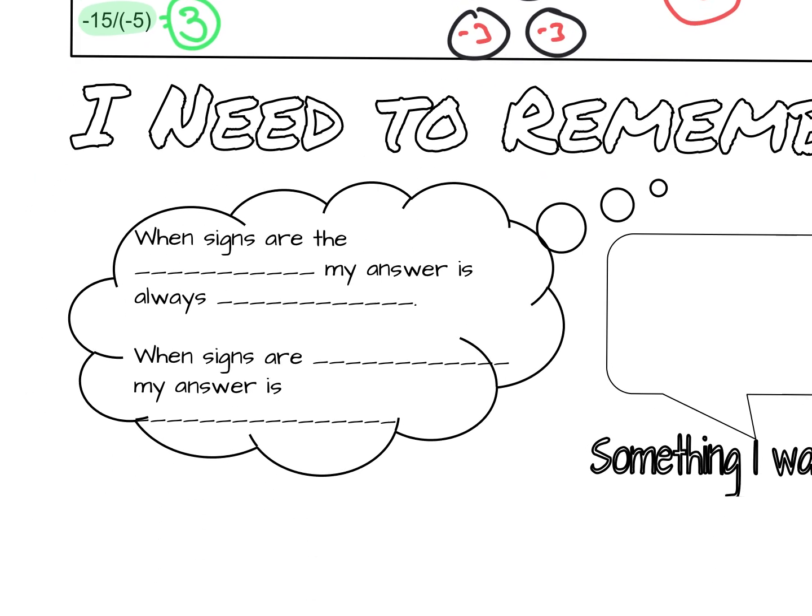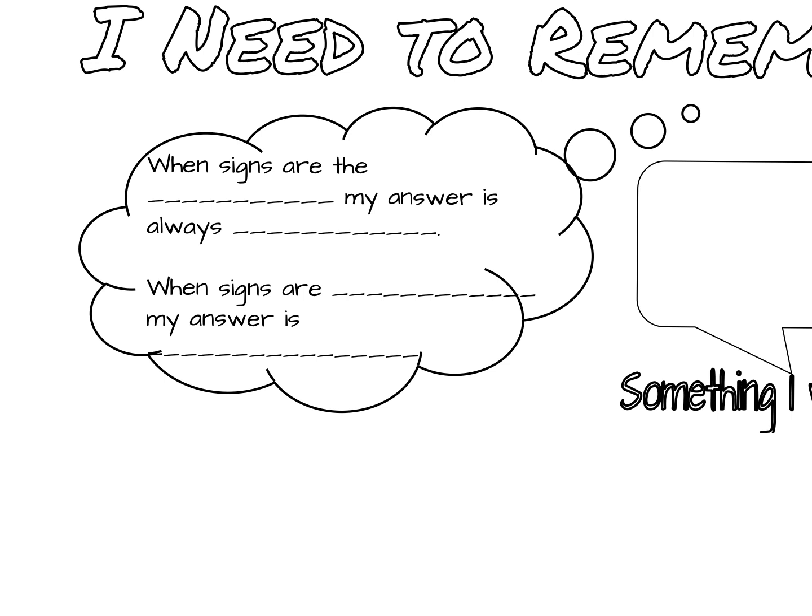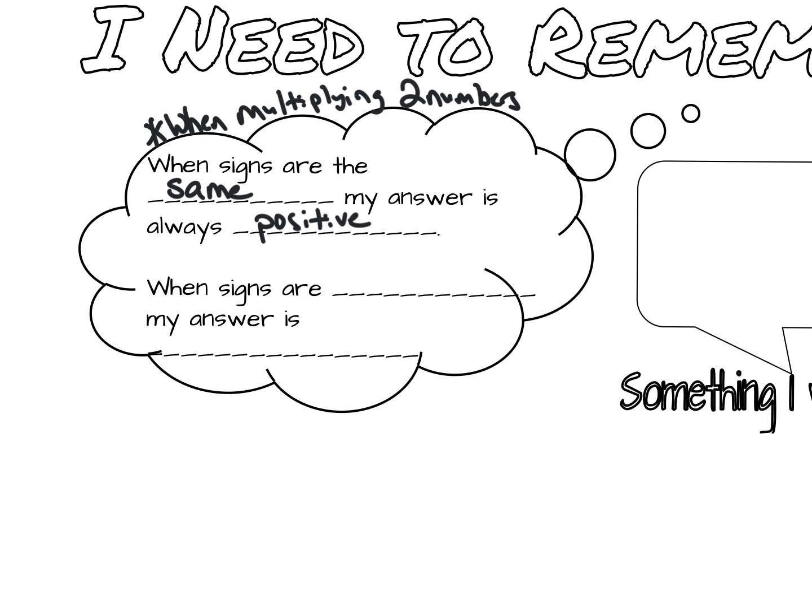So what does this mean for us? What do we need to remember? And we're going to put a little note up here that this is when we are multiplying two numbers. And we're going to talk about why that is. But when we're multiplying two numbers, so for example, 15 times 3 or negative 15 times 3, and the signs are the same, my answer is always going to be a positive value. That's cool. But when the signs are different between those two numbers, then the answer is going to be a